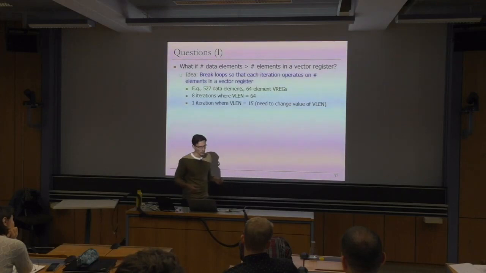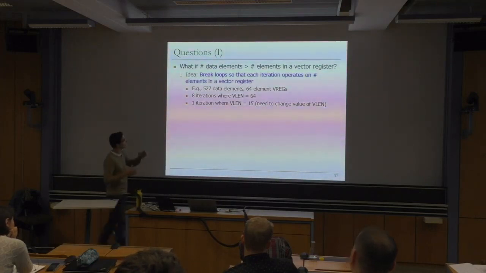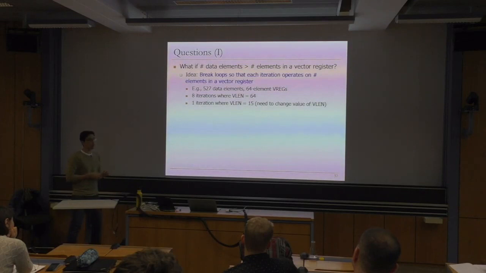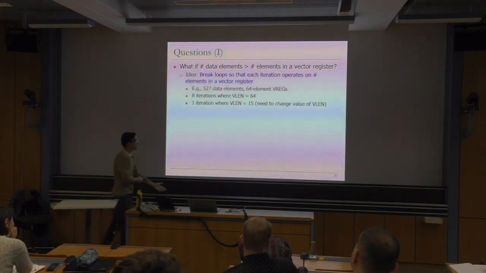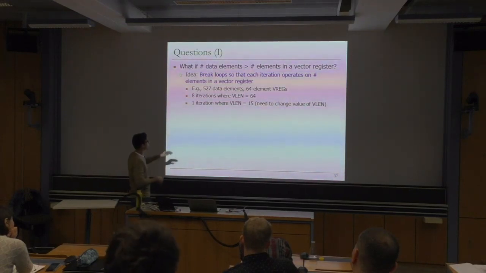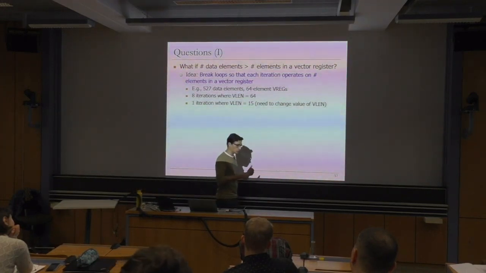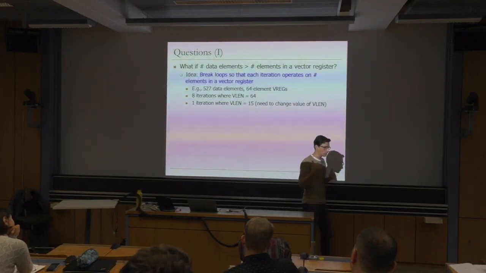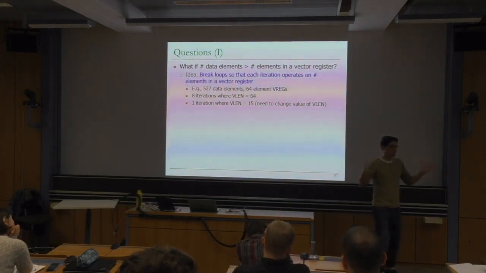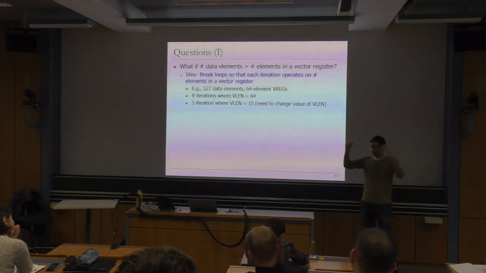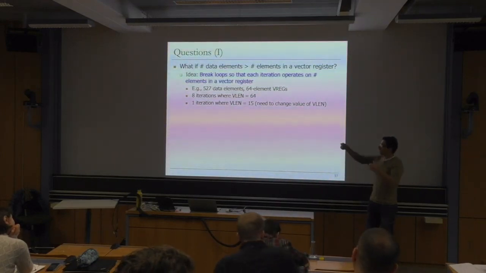What happens if our vector length is 16? Or, in this example, what happens if our vector length is 64, meaning that every vector register can only hold 64 different values, but now, instead of operating on a vector of 64 elements, we operate on 527 elements? So what do we need to do? In this case, we will first set the vector length register to the maximum possible, which is 64, and we carry out